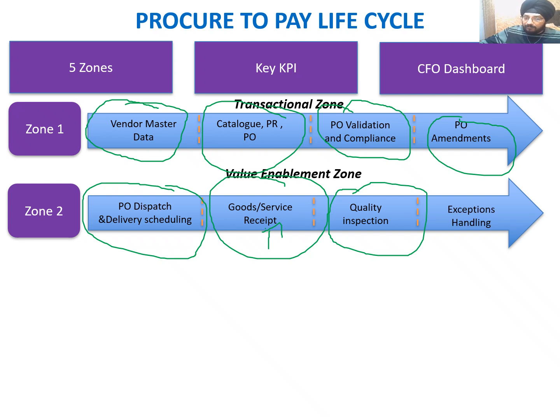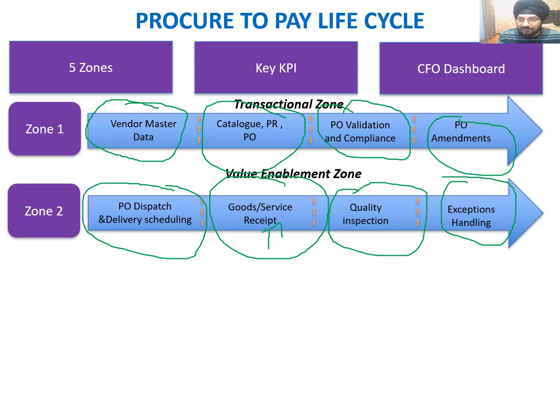So as I mentioned, returns are the exception handling as well. Apart from that, any documentation error in terms of goods received or any challan which is missing, which is required for us to ensure that our books of records are proper. So all those exceptions are also handled in this zone, so that once they are cleared, we can take in our inventory in our warehouse